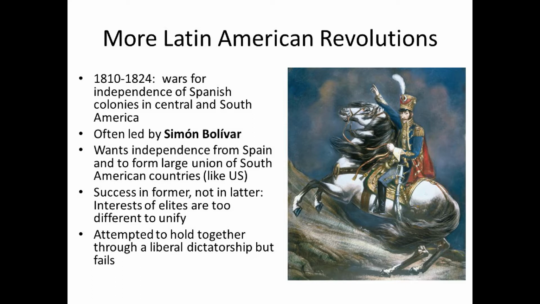His goal was not simply, though, in leading many different countries to independence. He didn't just want these countries to be independent from Spain. He wanted to form a large union of South American countries similar to the United States. So he didn't dream simply of an independent Venezuela. He dreamed of a Venezuela that was also in a union with places like Argentina and Honduras and Costa Rica and so forth. Right, so he dreamed in a sense of a United States of South America,